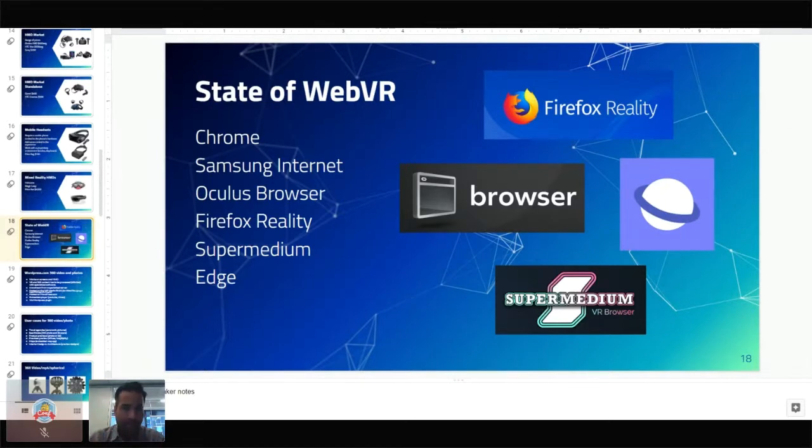So Chrome has good support for WebGL. Samsung Internet is a browser that works on Android. It works very well with A-Frame. The other three have to work with the headset itself: Oculus Browser, Super Medium, which we're going to talk a little bit more about later, and Firefox Reality.